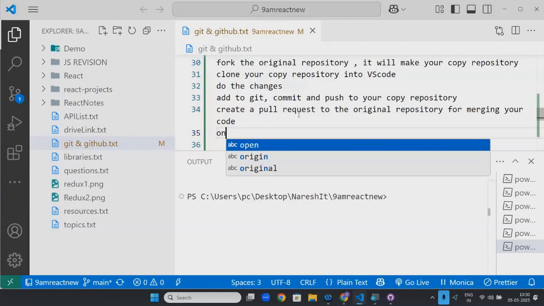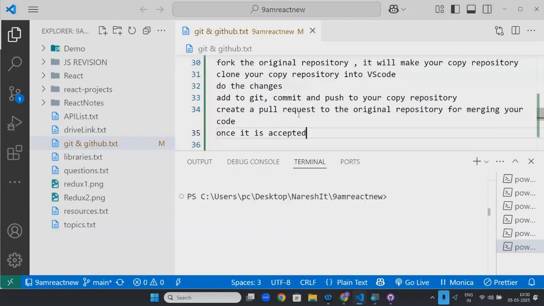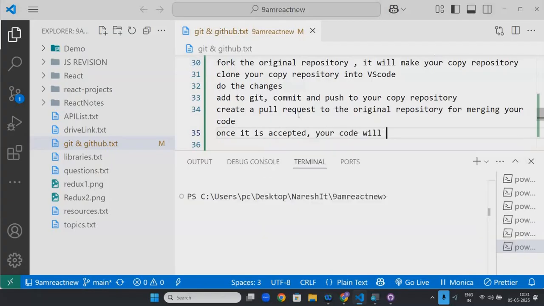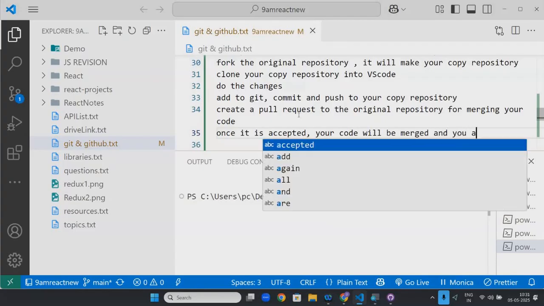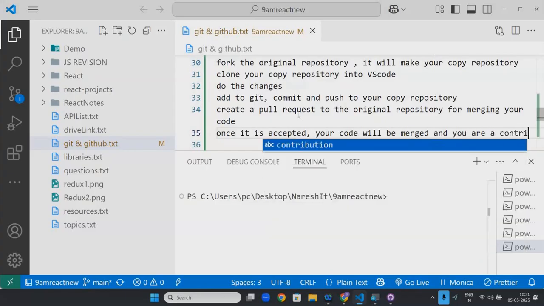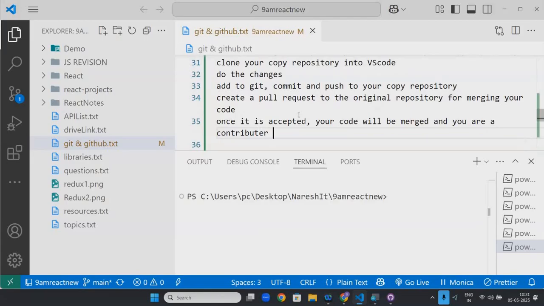Once it is accepted, your code will be merged and you are a contributor now.